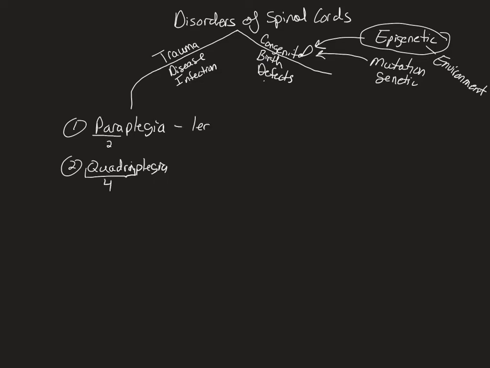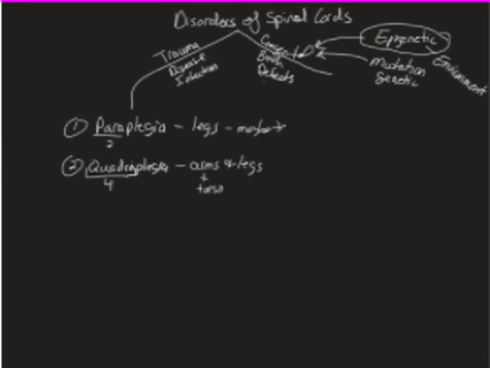So this affects the legs, and quadriplegia affects arms and legs, and if it's affecting the arms, it's also affecting the torso to a greater degree. Now, how much of the torso is affected with paraplegia depends on where the injury occurs in the spinal cord. So you've got, with both of these, some kind of trauma that interferes with those tracts in the spinal cord. It could be a crushing injury, it could be a severing injury, it could be a twisting injury, but whatever